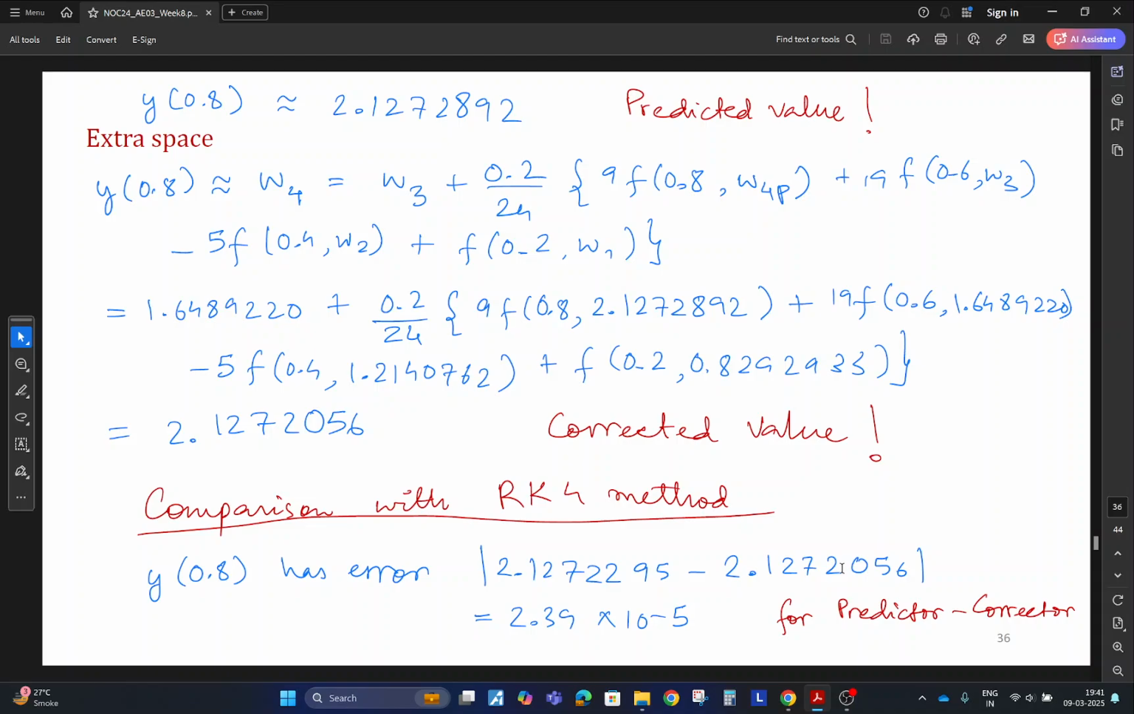Next, we correct it using the implicit step. y of 0.8 is approximately equal to W4 is equal to W3 plus 0.2 by 24 times 9 times the value of the function at 0.8 comma W4 predicted plus 19 times the value of the function at 0.6 comma W3 minus 5 times the value of the function at 0.4 comma W2 plus value of the function at 0.2 comma W1. This comes out to be 2.1272056. If you compare this with the